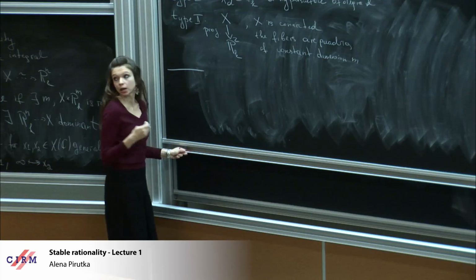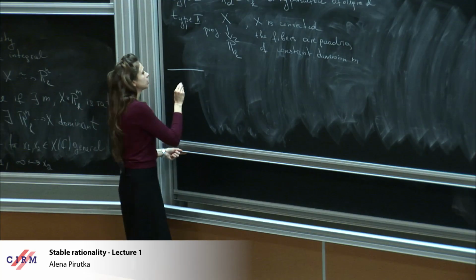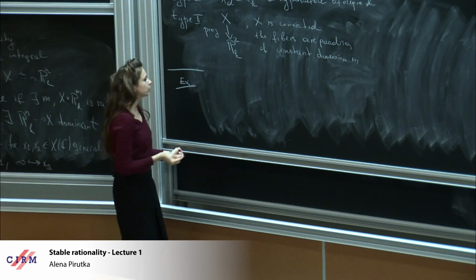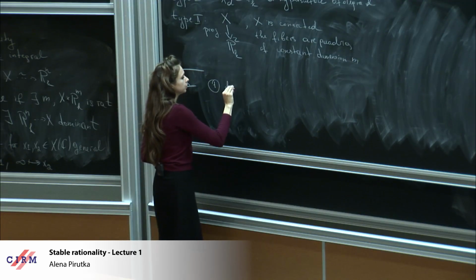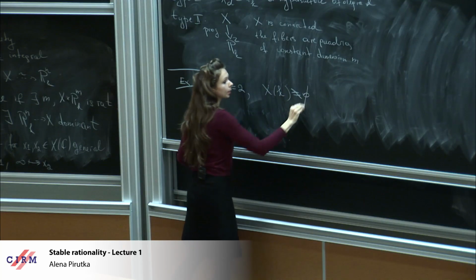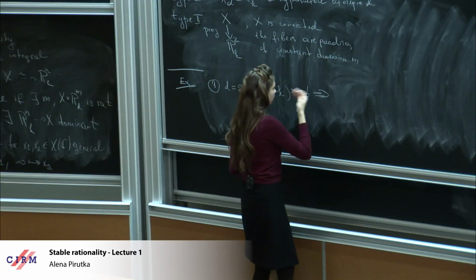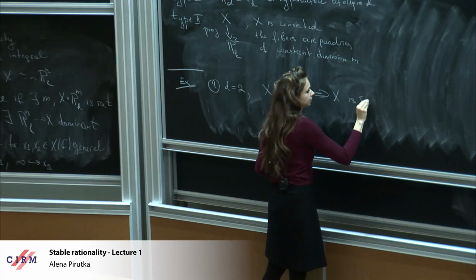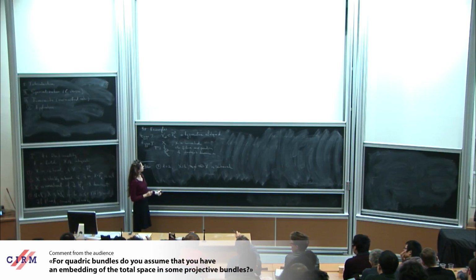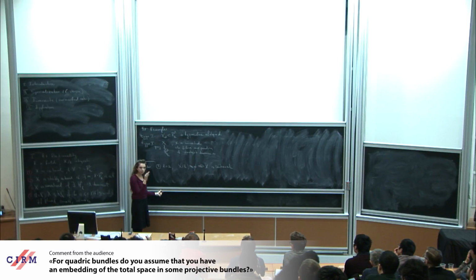Okay, so what can we say with respect to these properties? The first type of examples, hypersurfaces of degree 2, quadrics. So d equals 2. Then if I assume that there is a point, it's a classical observation that X is going to be rational. Yes? In example 2, you suppose that there is an embedding of X in P2 times something? Well, actually, it's going to be the case. Indeed, you will have some bundle so that you can speak about quadrics. Yeah.